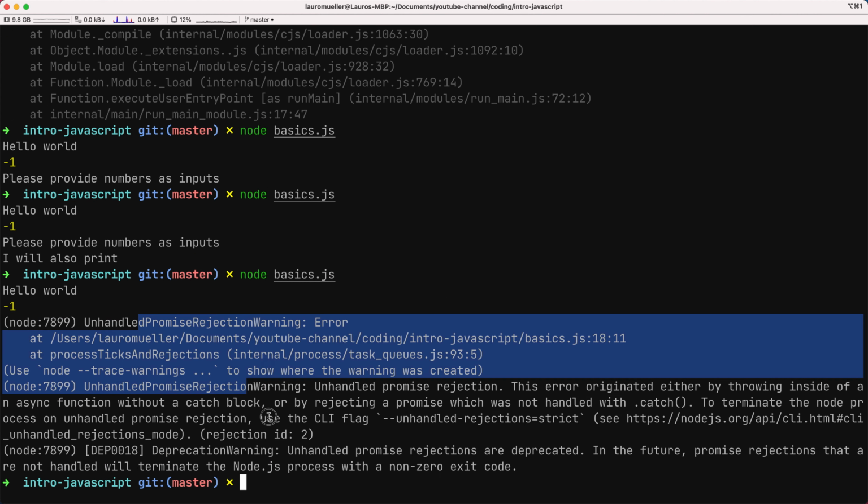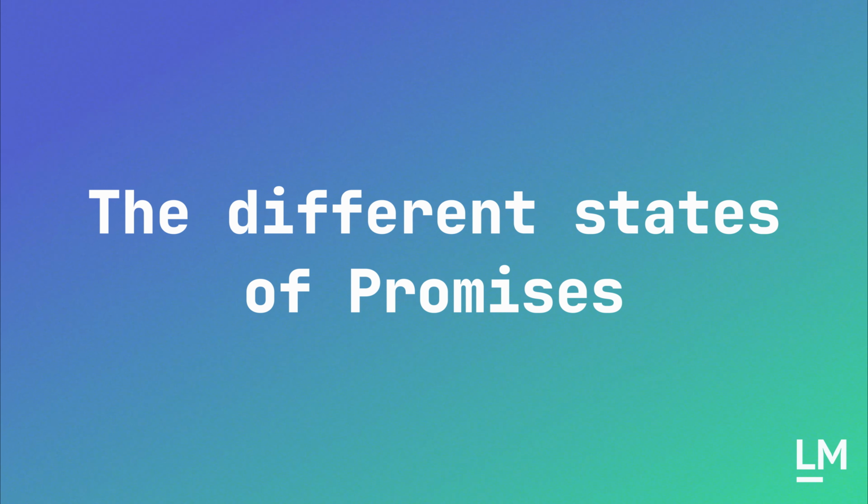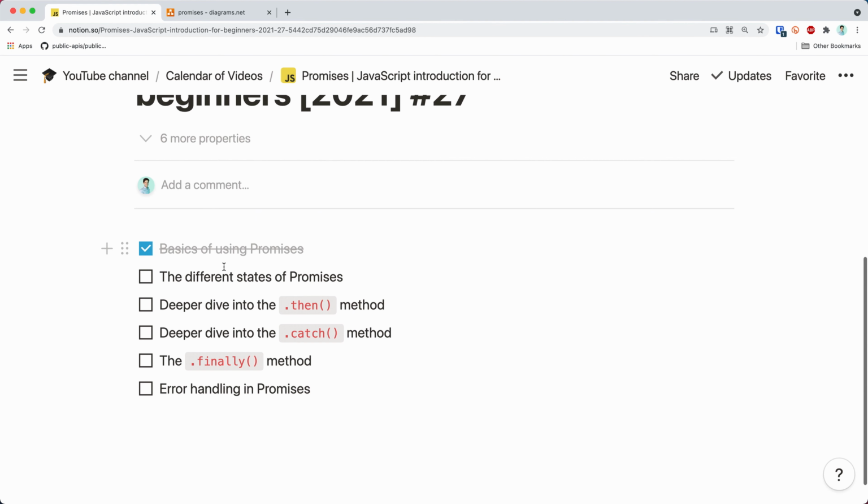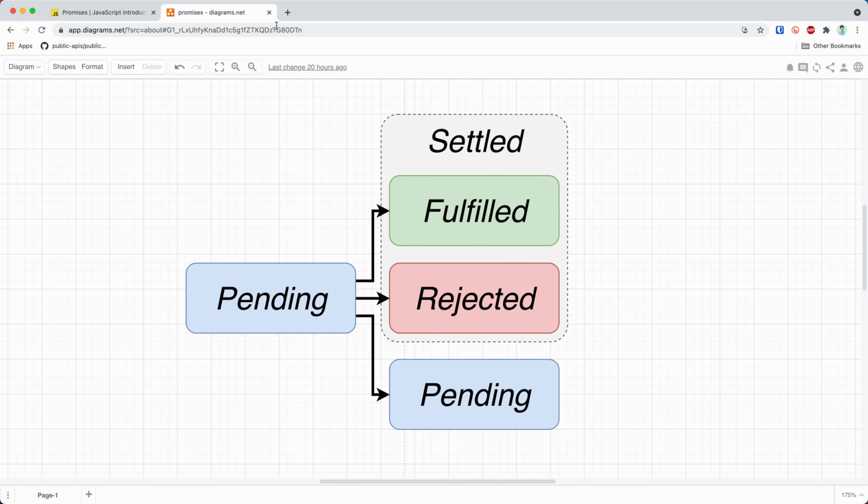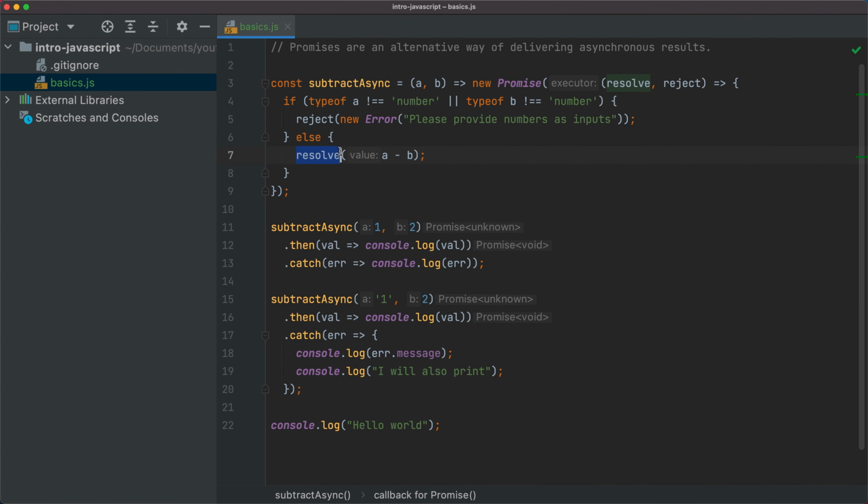demonstrate it here. So let's mark the basics of using promises as completed, and let's talk about the different states of promise. I have a little diagram here which can help to understand the different states of promises, and whenever we create a new promise, this promise is in a pending state. Okay, it's always in the pending state until it gets settled, or it may be the case that it never gets settled, so it remains in this pending state. A promise is settled whenever it is fulfilled or rejected. Okay, fulfilled, so a promise is then fulfilled by this call to resolve, and it is rejected with this call